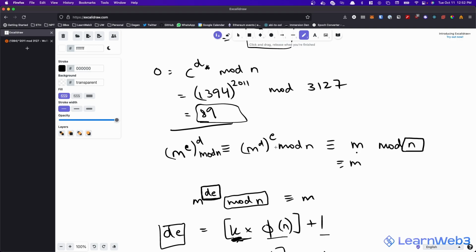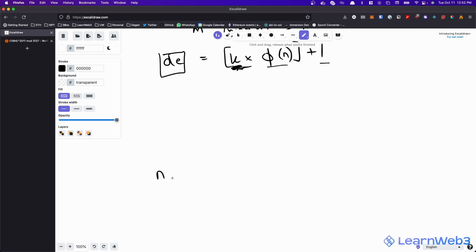But now you might be able to see what the bottleneck over here is. The bottleneck is that n and e are part of the public key. So n and e are known to the public. So the only thing keeping you safe is the value of d. If somebody knows the value of d, they can decrypt any message anybody is sending you. So it is important